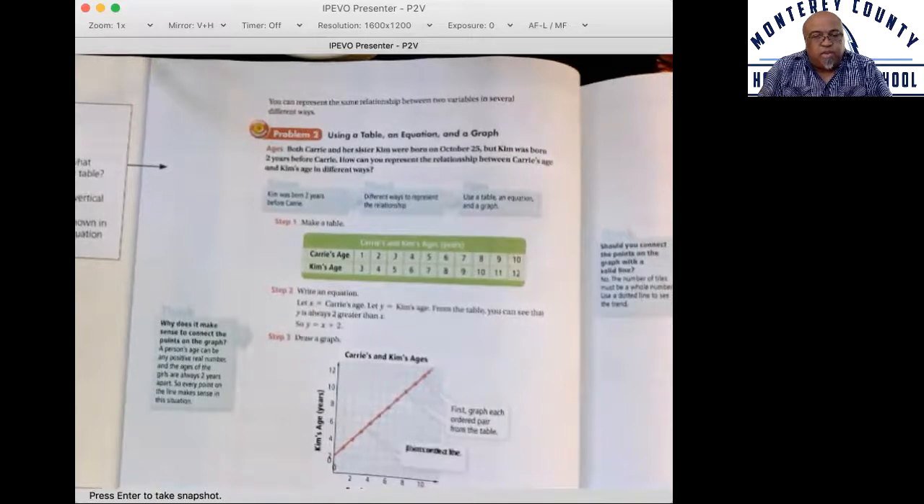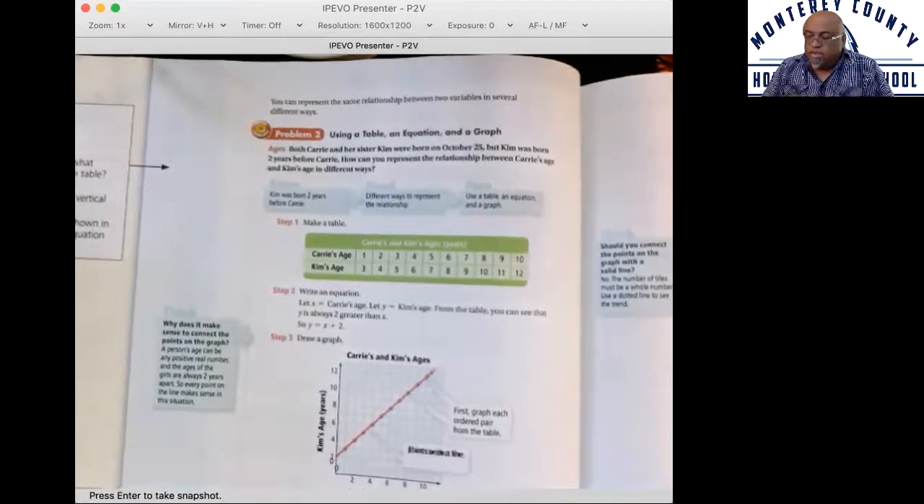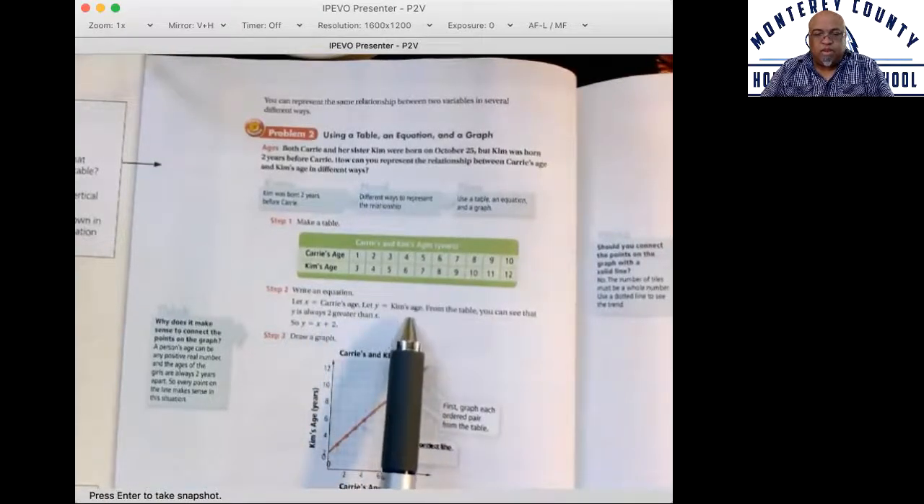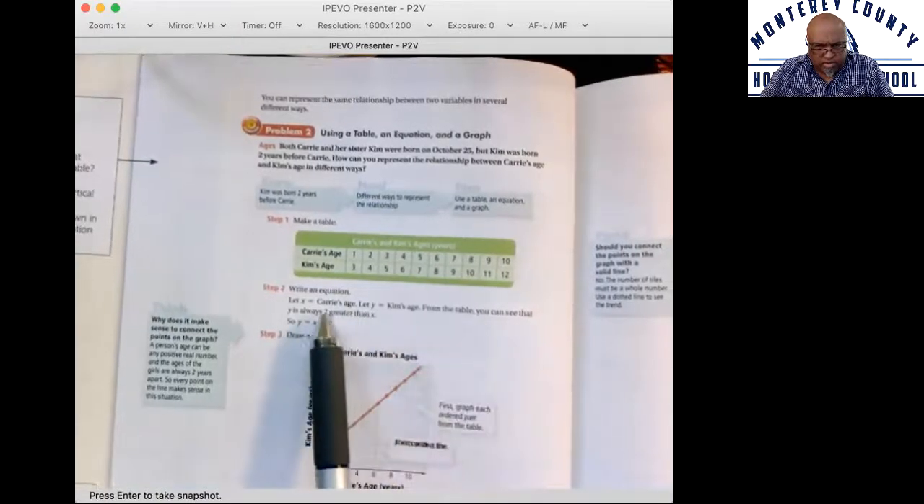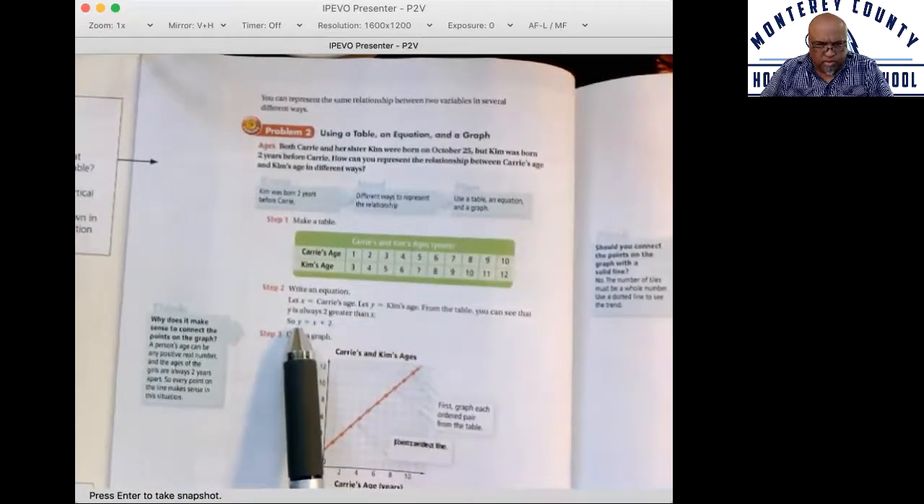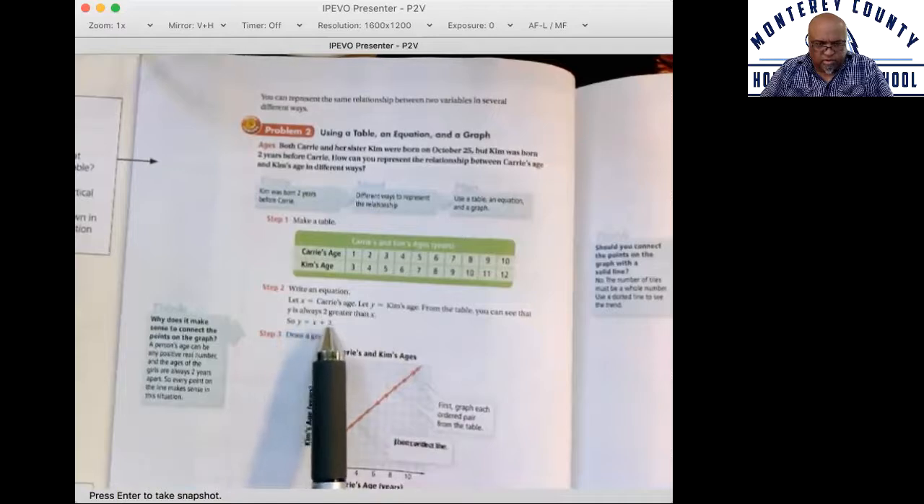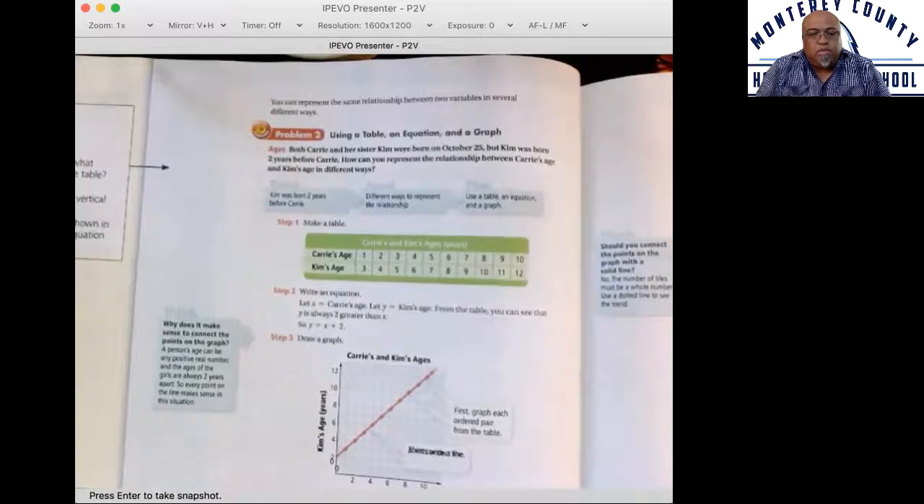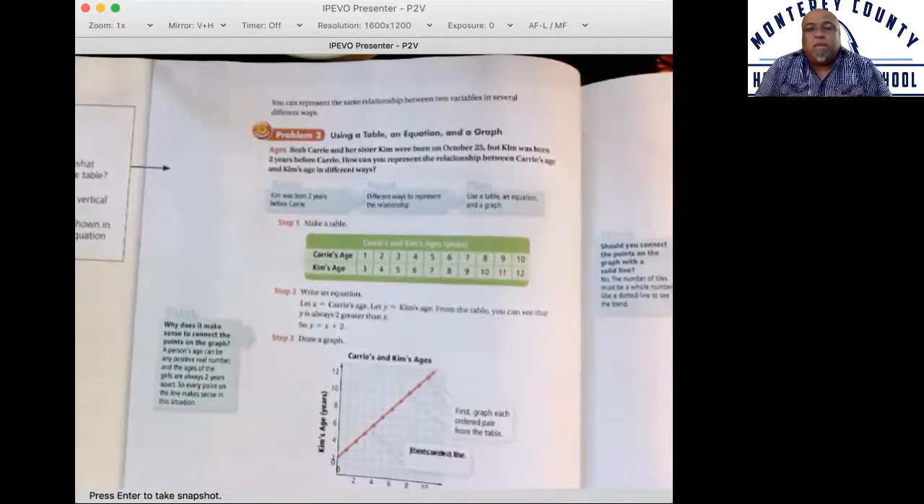So step 2 is to write it as an equation. It says let x equal Carrie's age, and let y equal Kim's age. From the table, you can see that y is always 2 greater than x. So your equation would be y is equal to x plus 2. Okay? y is equal to x plus 2. Now you may say to yourself, well, wait, x always comes first, but why is it that Carrie, being the younger kid, gets to be x, and Kim, being the older kid, gets to be y? Well, looking at your information,